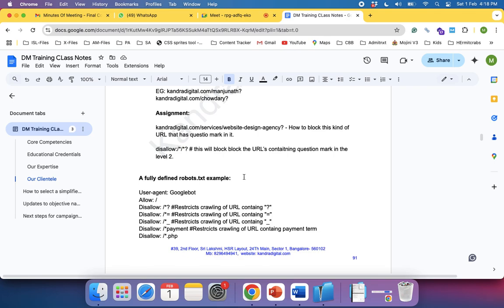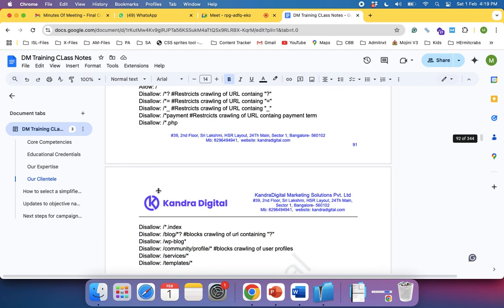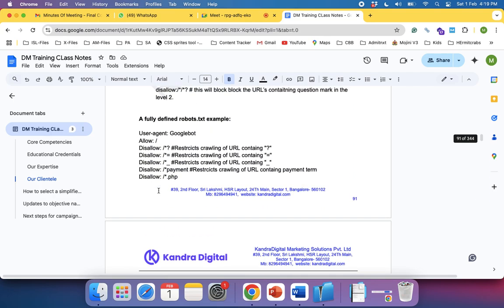On your website, such dynamic pages will get generated in tons when your website is a dynamic website. If it's a static single page website, you may not see many such pages. But if it is a dynamic website, you will see a few hundred URLs getting originated, URLs containing question mark, equal to, underscores, dot PHP, various kinds of URLs can be seen by the bot while it is exploring your website. Hence, I am instructing the bot, please